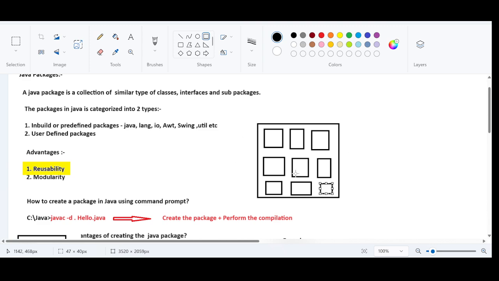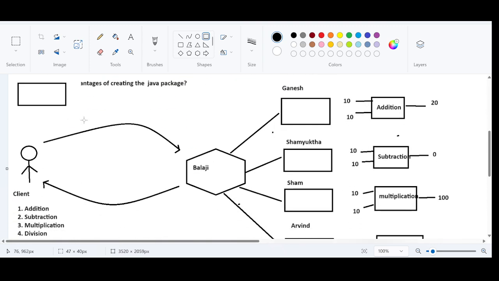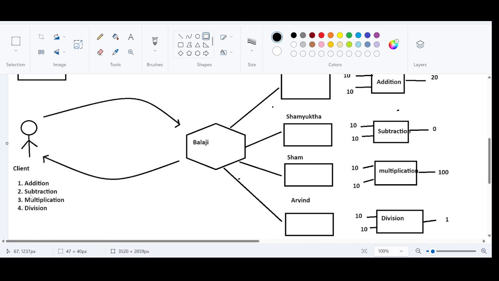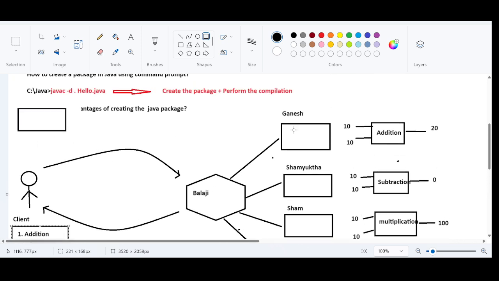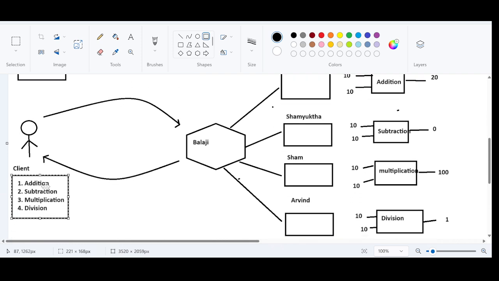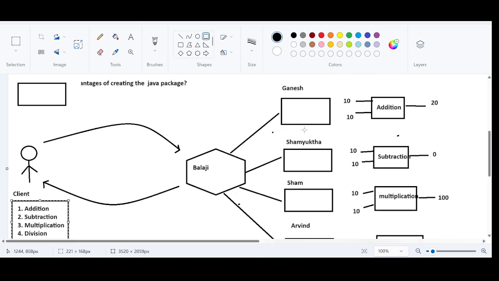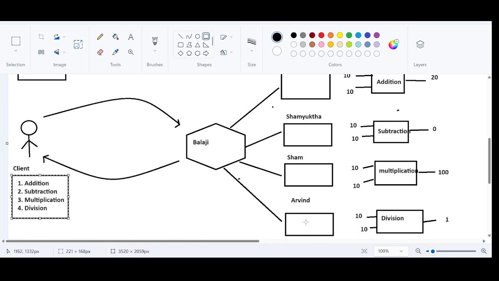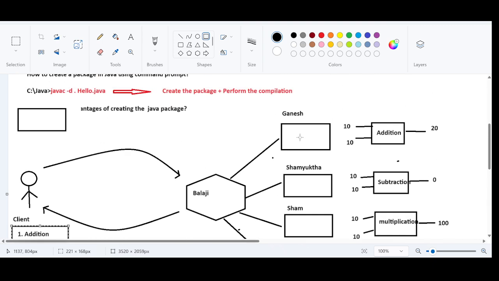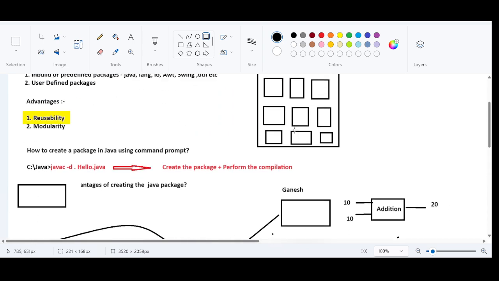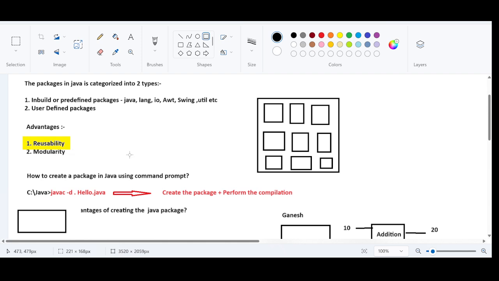Modularity is an advantage because I got a project from a client and I am able to divide the calculator functionality among many persons. This basic calculator has 4 functionalities. I am able to divide all these categories and assign them to the individual team members. So the tasks are divided into subtasks. Again, these subtasks are combined into a single application, which is called the calculator application. That is what modularity is. It is possible with the packages,